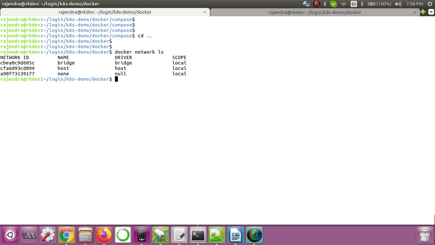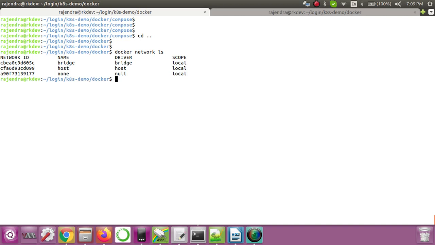That bridge will have one subnet, and whatever containers are started from that bridge network will be provided an IP from that subnet. So your containers are not going to directly access the outside network. They have to first come to the bridge, and from the bridge they go through the host interfaces.